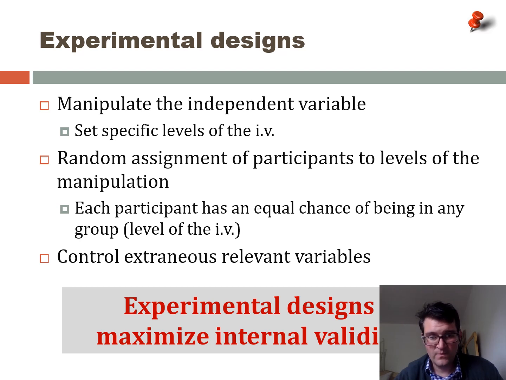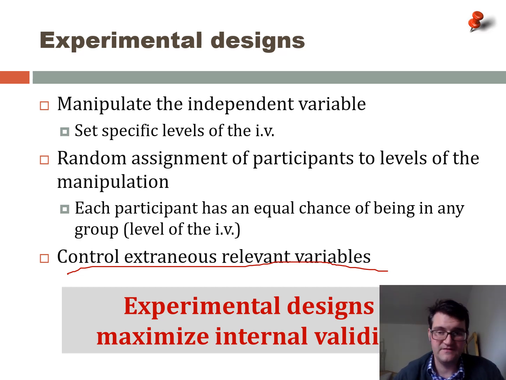So, controlling extraneous relevant variables. This is the idea of what I was just saying with things like biological sex or educational background or the industry that somebody works in. Those all might be relevant to the outcomes, so they might have impact on the dependent variable. For instance, let's just say our dependent variable is number of hours a week worked. If industry might impact this, then we have a lawyer